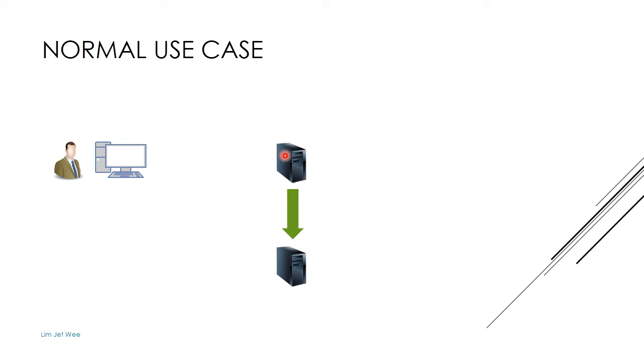So if I can't find it, I will need help. I will ask my primary server, do you have this information? So I will query the primary server. The primary server will say yes, I have everything, and give this information back